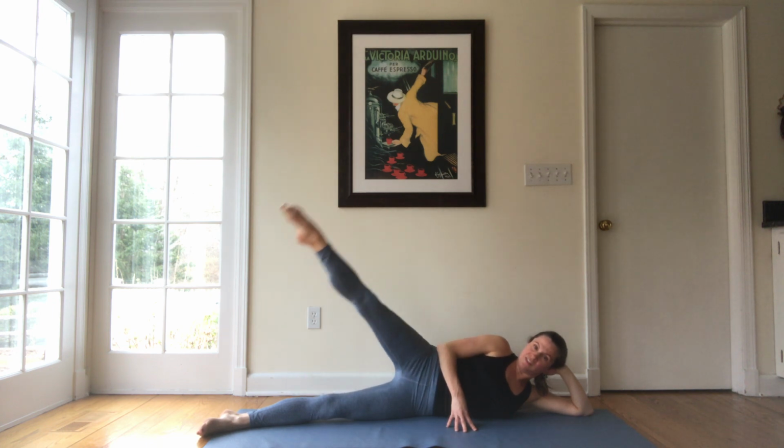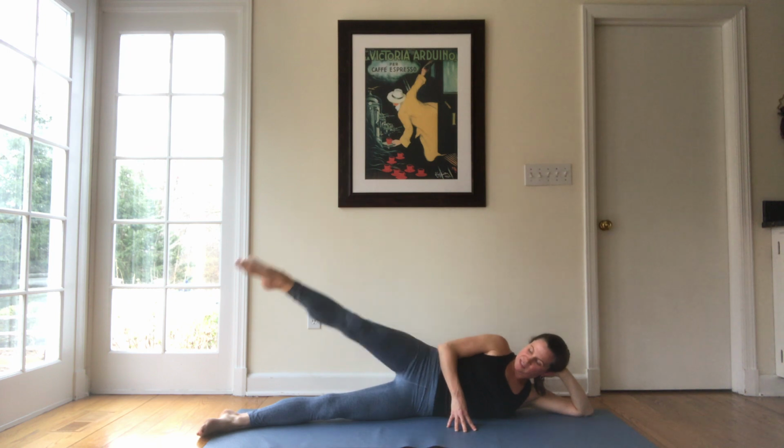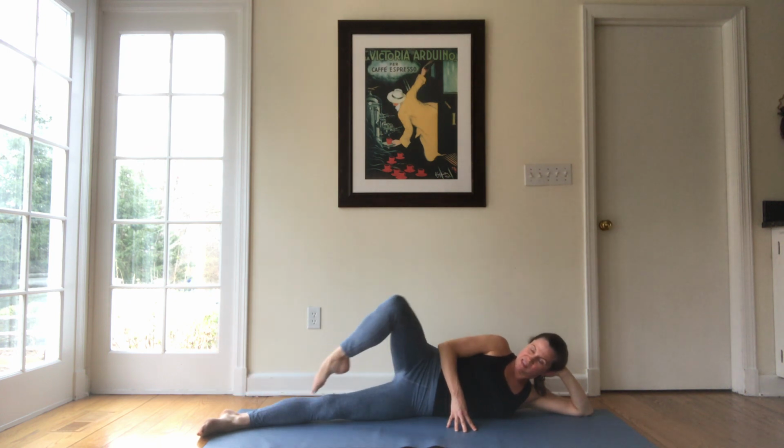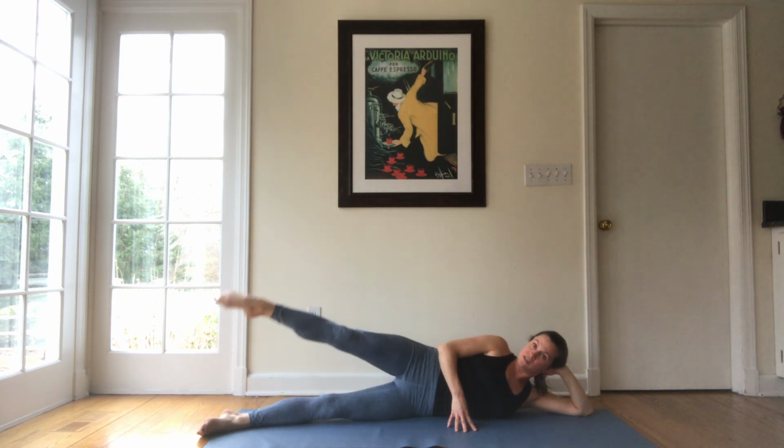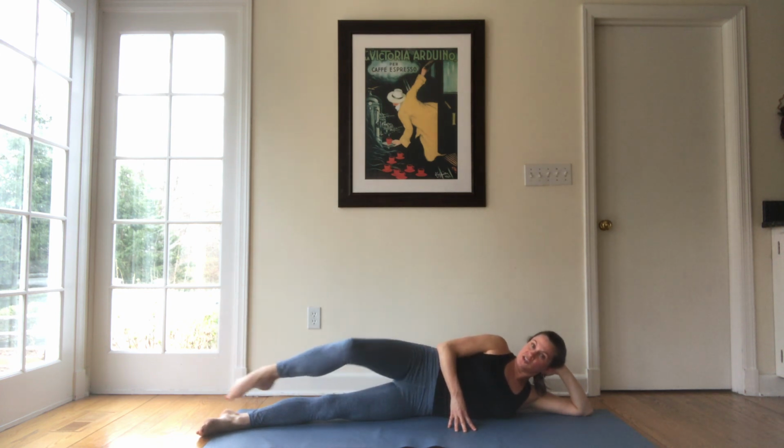Drag, lift, drag it up, lift, and stretch it down. Trying to make the leg longer as it comes down. Let's do that one more time. Drag it up,